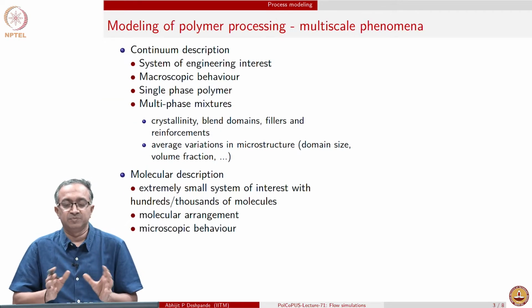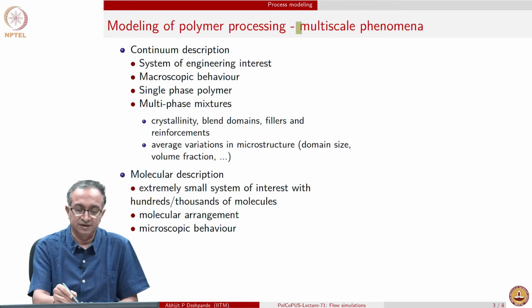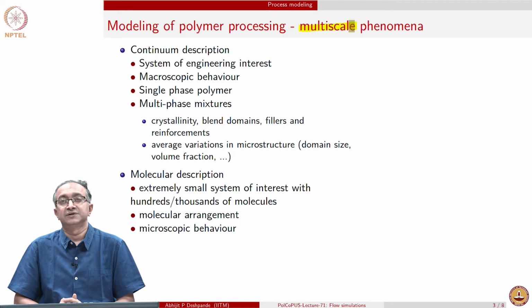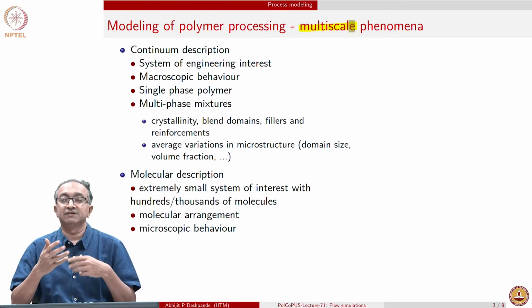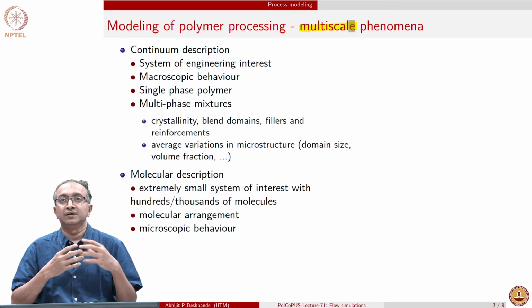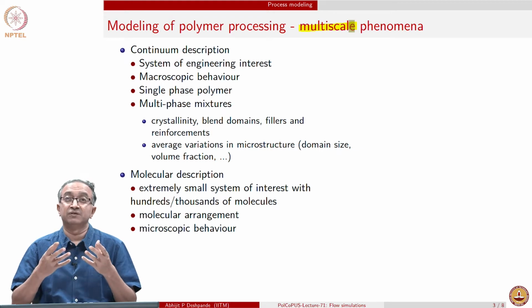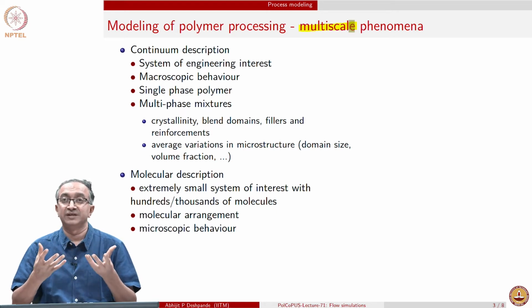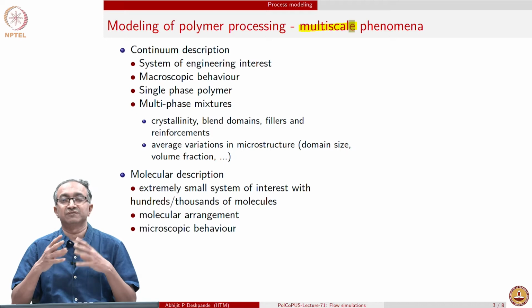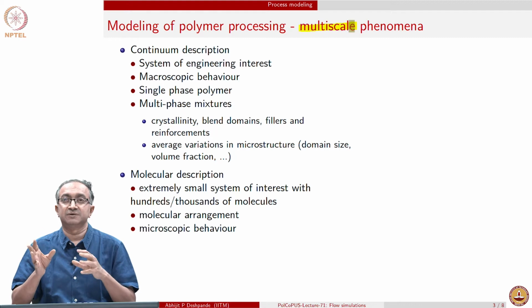So, modeling of polymer processing inherently involves multi-scale. This is a word which we have used quite often to describe the polymers themselves, because from bonds all the way till macromolecular chain, there are several scales involved in terms of relaxation processes, and we have even scales which are beyond, where polymers are adsorbed on surfaces which behave differently, or maybe there is a blend and there are domains of two blends, and so on. So, therefore, what we have is a phenomenon where macromolecular systems are multi-scale.